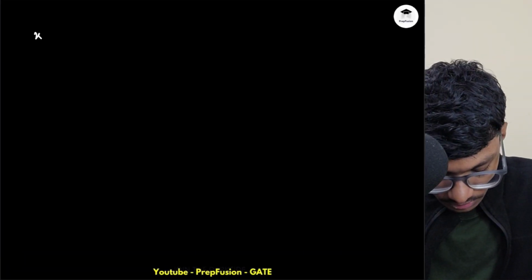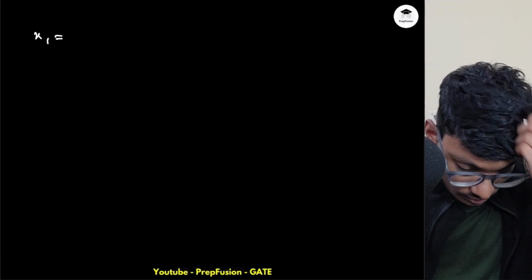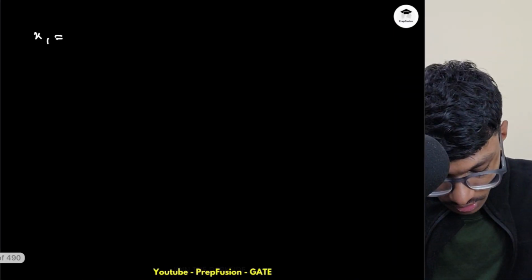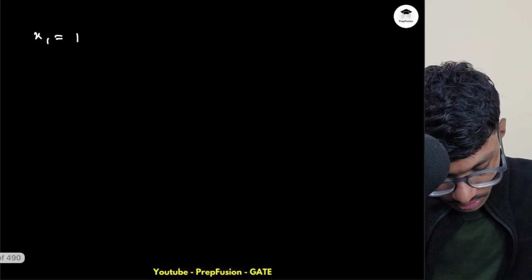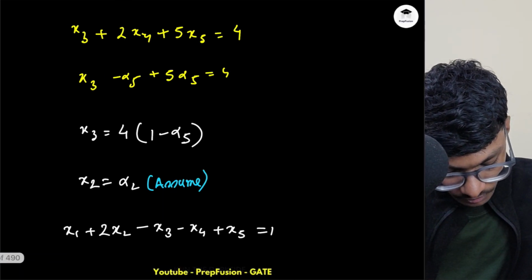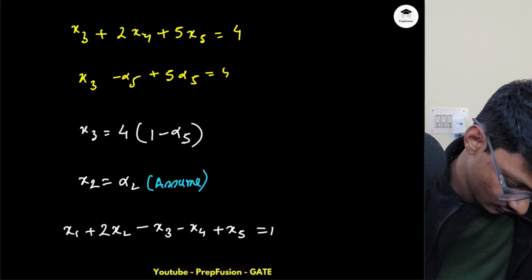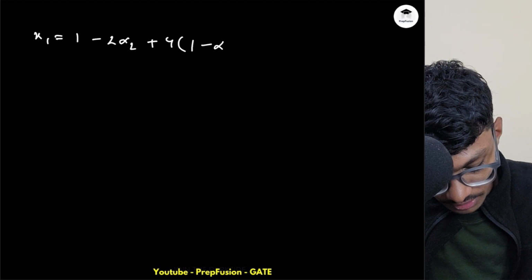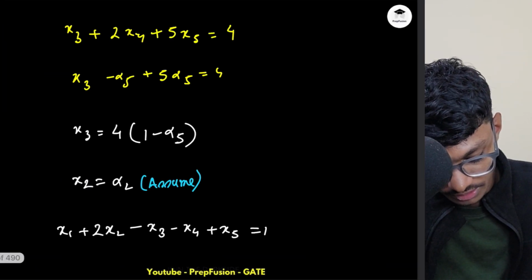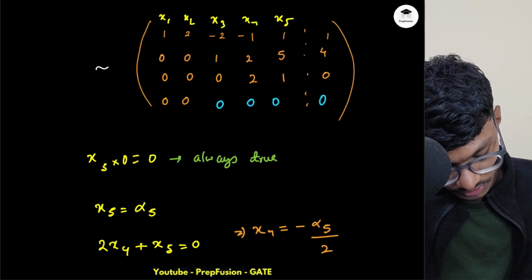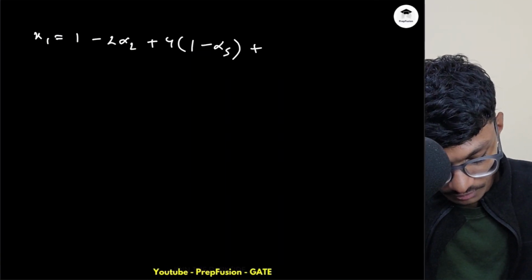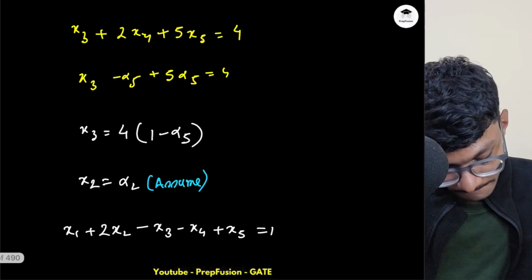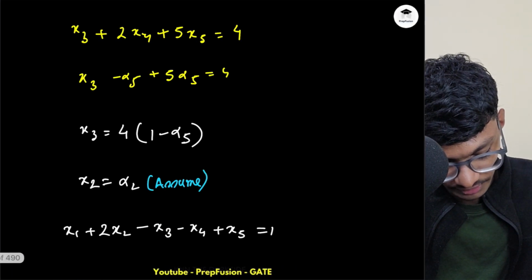So x1 will be equal to what? x1 will be equal to 2x2. x2 is alpha 2. So this is 1 here, 1 at the starting, then minus 2 alpha 2, then x3 plus x4. So x3 is this 4 into 1 minus alpha 5, and x4 is what? x4, which I believe is minus alpha 5 by 2, minus alpha 5 by 2, and x5 is what? x5 is